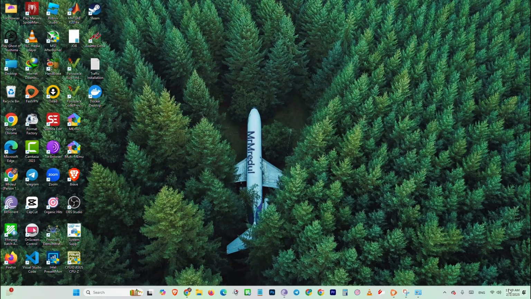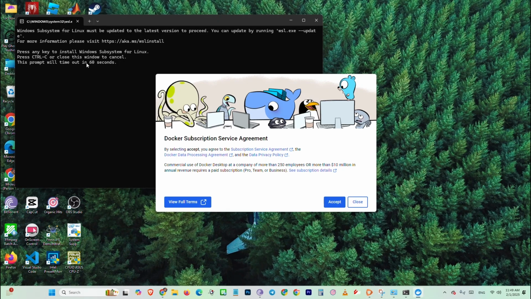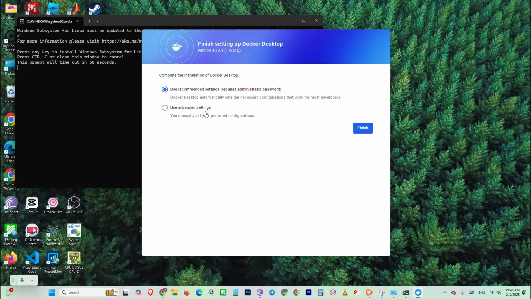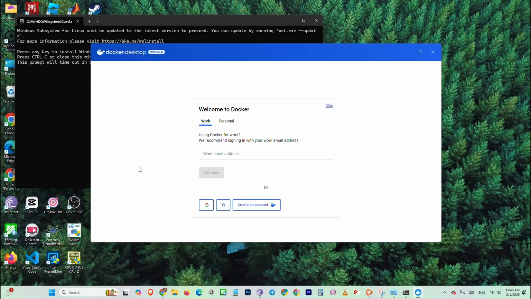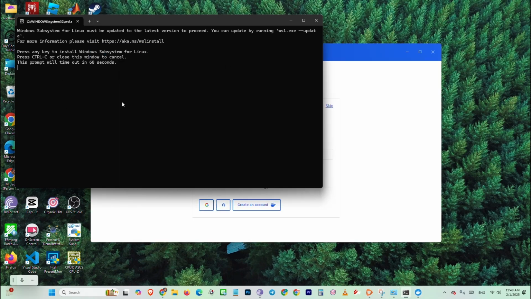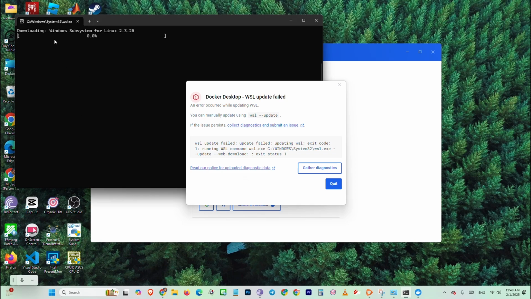Let's see what it shows us. I'm going to open it, and you can see that it's asking to automatically install WSL. You don't have to command that one. Click on finish, and from this step you have to press any key. It's saying press any key to install WSL. Press space or any key, and it will install Windows Subsystem for Linux. Click S, and it will start downloading